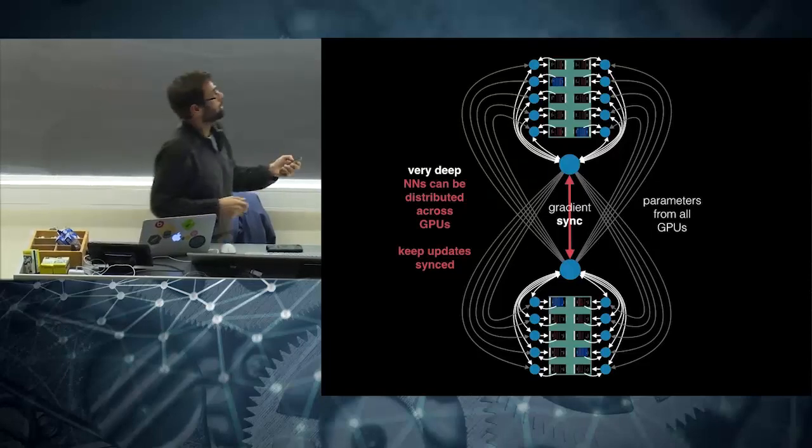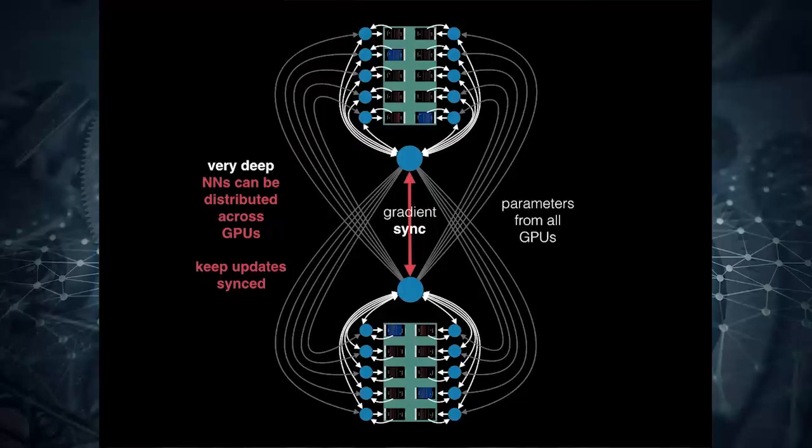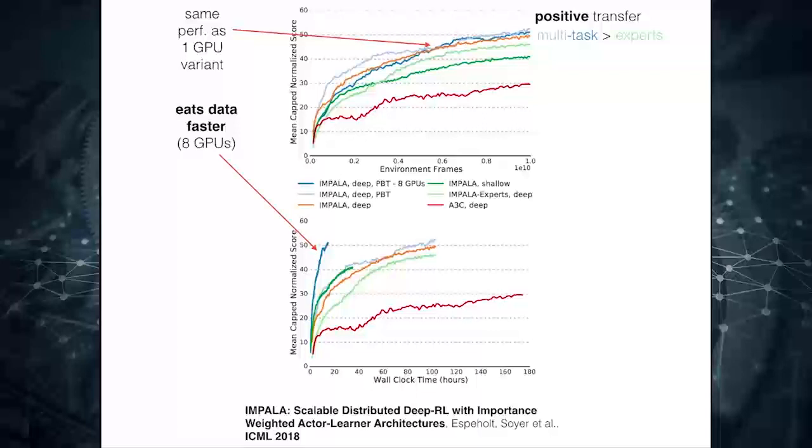This is another way to parallelize, which is if you have a neural network that is way too deep compared to the standard deep RL neural networks, which are not very deep, to be honest. So here is one of the works that shows that you can actually use very, very deep neural networks. You can have parameters spread on GPUs, and the parameters will always be synced, and you can learn from multiple copies of the environment or very deep neural networks.